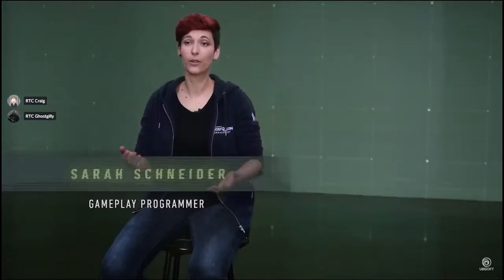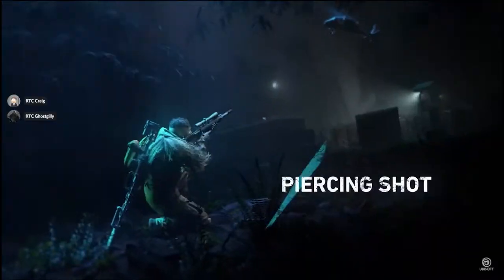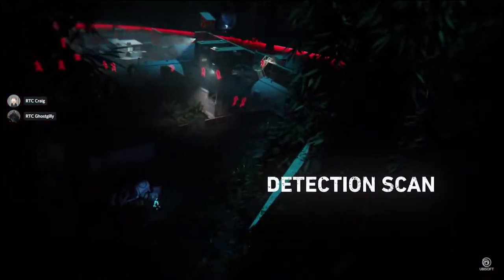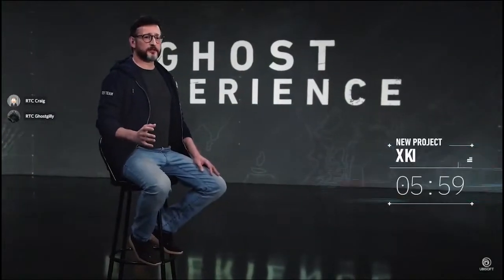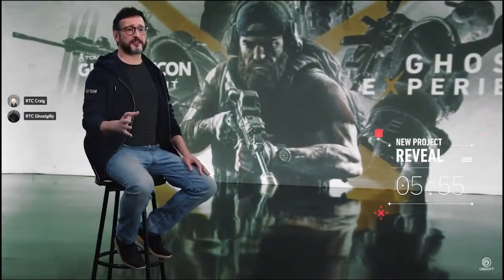Since the skill tree was originally intended for the player character, we had to find a way to use it for leveling up your AI teammates. It took a bit of creative problem solving on our part, but all that hard work has opened the door to all kinds of new features. If you need an example of how far Breakpoint has come, look no further than the Ghost experience.